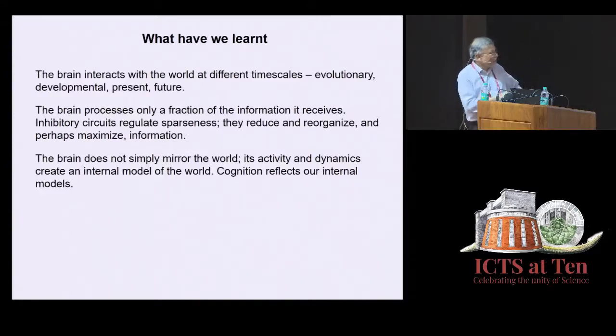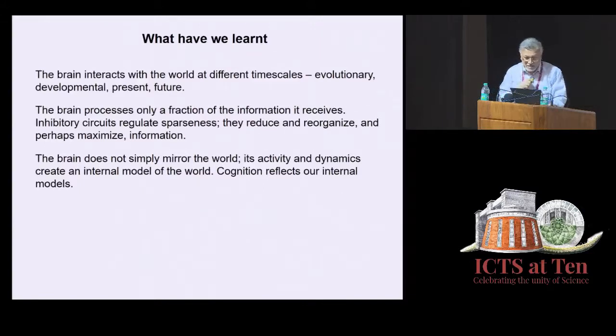And this is yet another way where we think theory has a great deal to offer. The brain does not simply mirror the world as activity and dynamics create an internal model of the world. Our work, the example Surya gave, they're all about internal models. How do we represent a task? How do we represent components of the world? The dynamics of large numbers of neurons. And cognition reflects these internal models. And finally then,